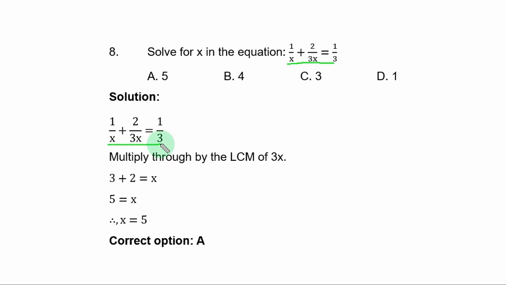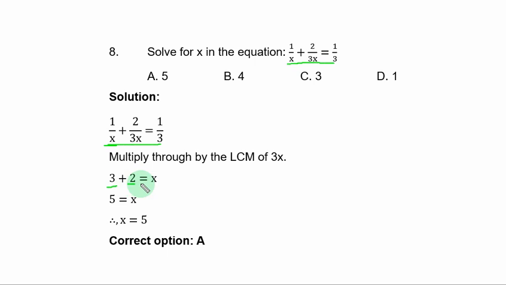To do that, multiply through by the LCM of the denominators, that is 3s. If you multiply the first term by 3s, you have 3 remaining. You multiply the second term by 3s. 3s cancels 3s. 2 is remaining,